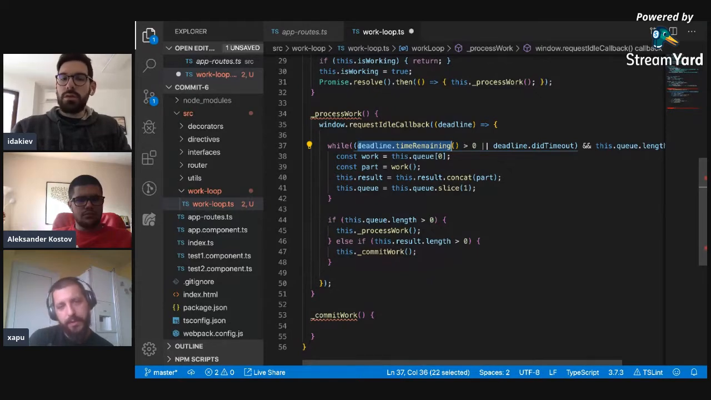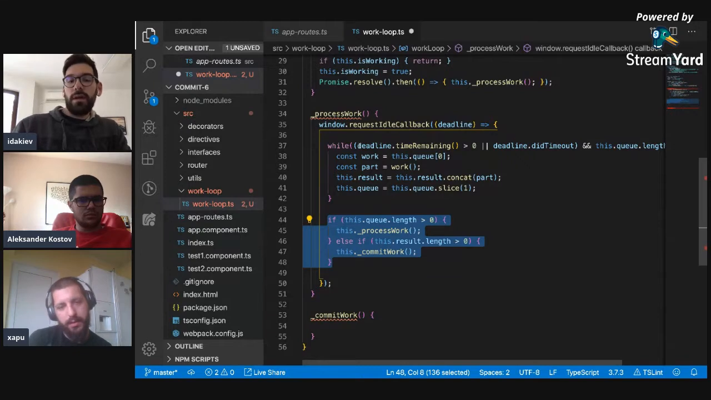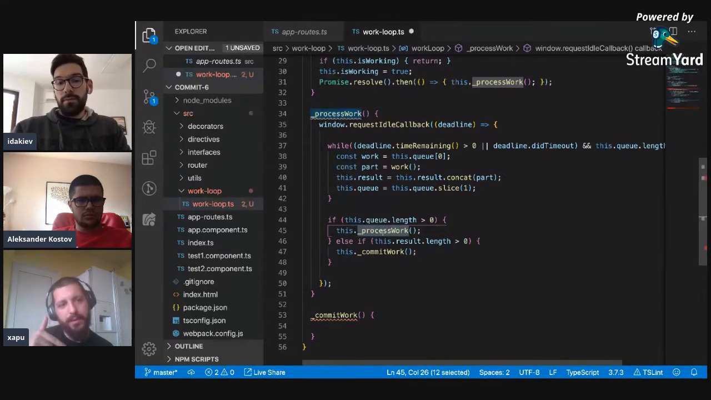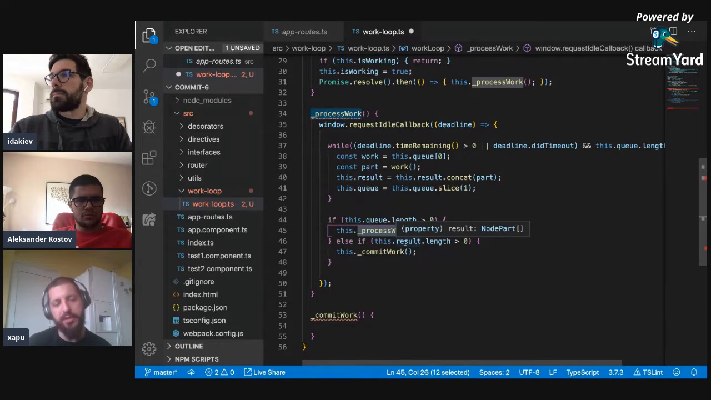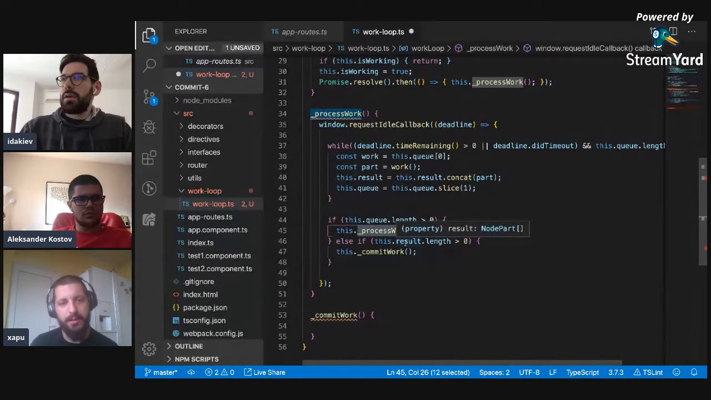So if we reach the 0, then what we're going to do is check if we have other stuff inside the queue, and if we have other stuff, we'll just queue another process work. Yeah, but if we still have work in the queue, but we already have some of the results, are we supposed to push those results to the application, or are we just waiting until everything in the queue is processed? The idea is to wait for everything inside the queue to be processed and then